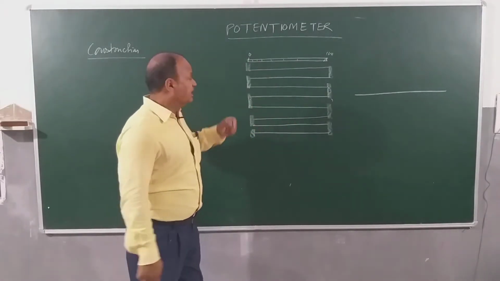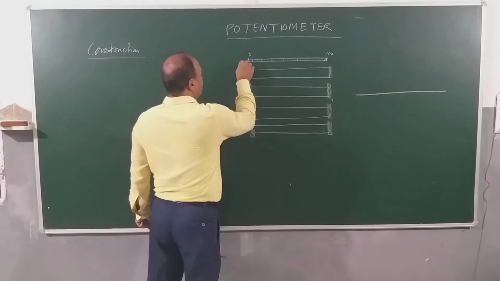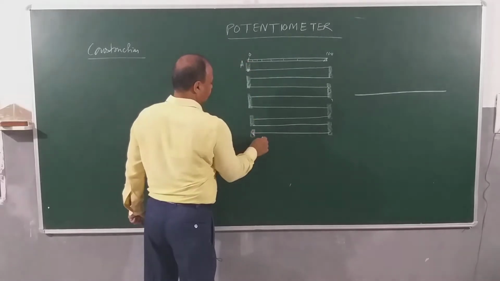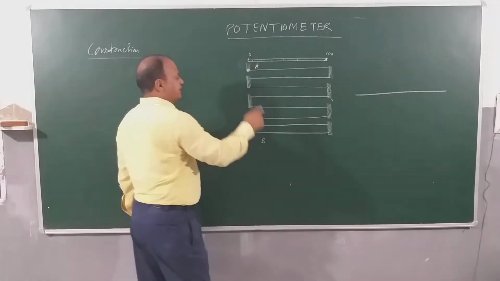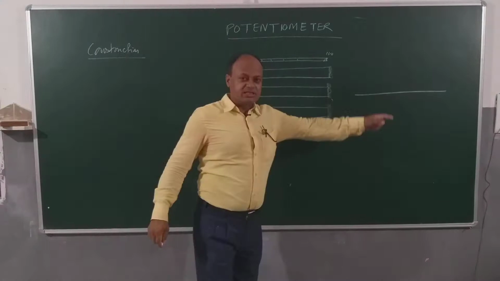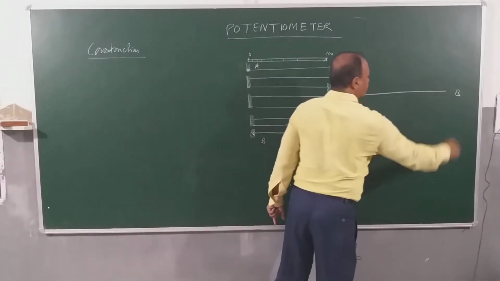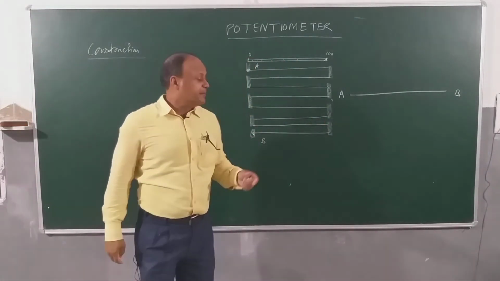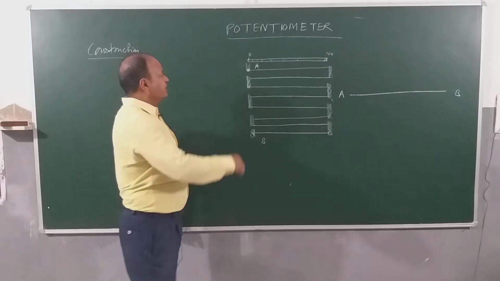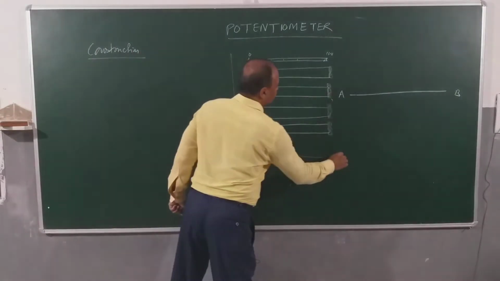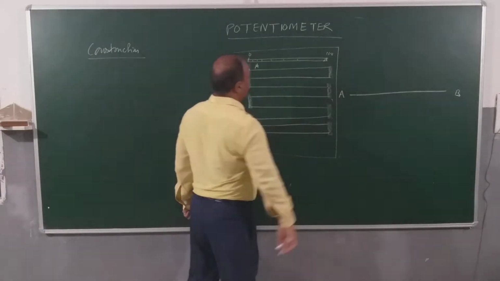A combination of wires. Now if I call this end as A, and I call this end as B, then this arrangement acts like a single wire. I can say this is A and this is B. It is as good as having a single wire, because these copper stripes have got negligible resistance. And children, this whole setup is mounted on a wooden board, which you have seen in the lab.